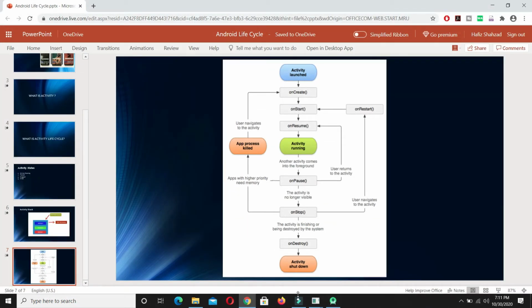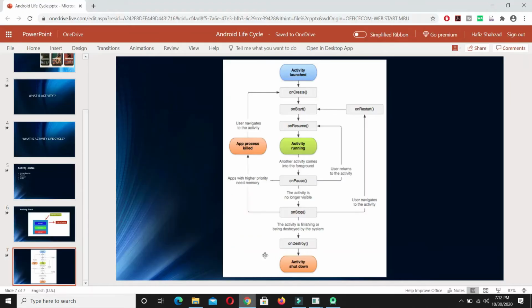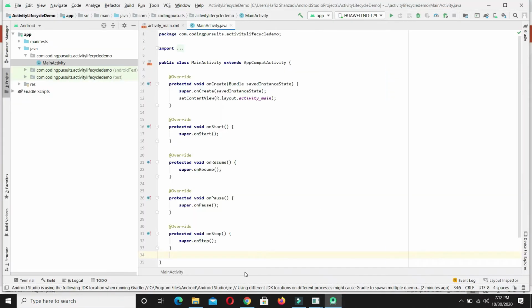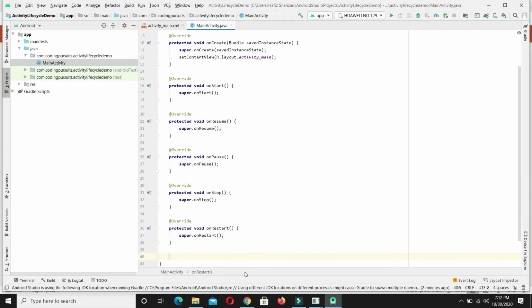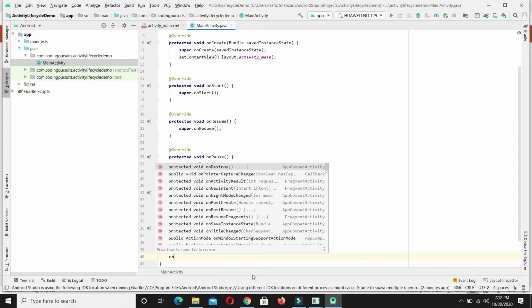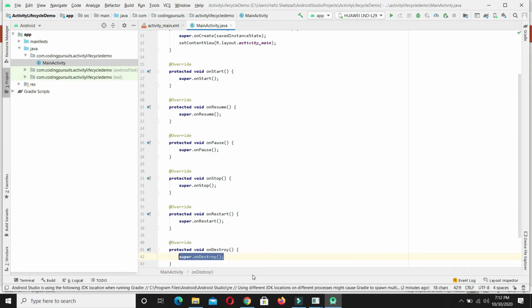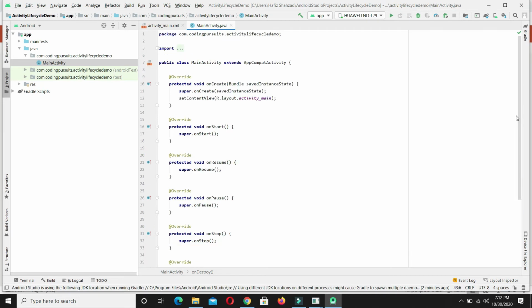In the same way onStop, and then onRestart, and finally onDestroy. So guys, all our activity lifecycle events are included in this file.